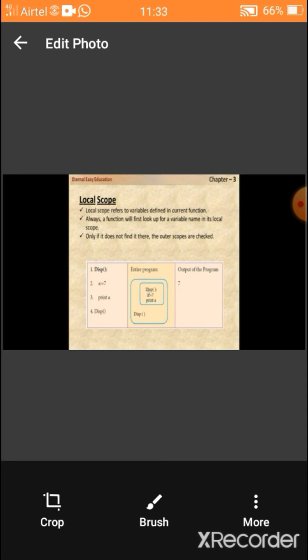Just look at what they are. First one is disp, parenthesis, then colon. Do you remember what parenthesis is? Opening and closing brackets are called parentheses. If any word ends with parentheses, that is the name of a function.